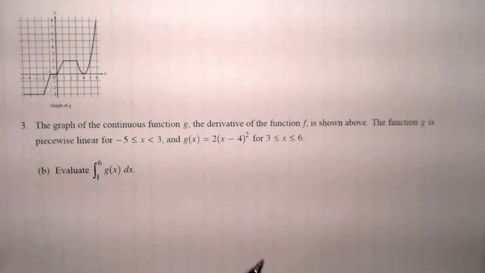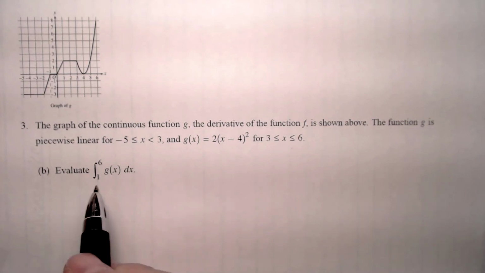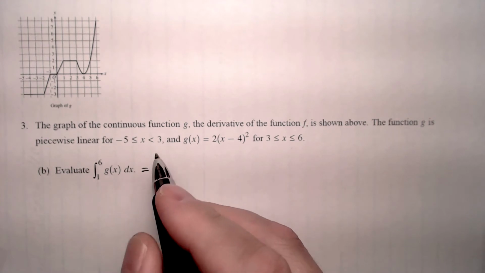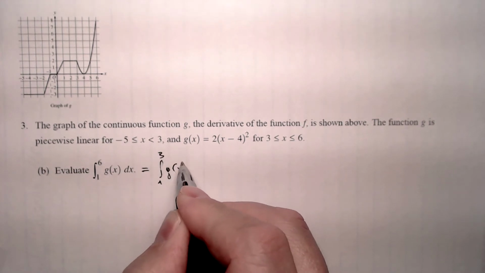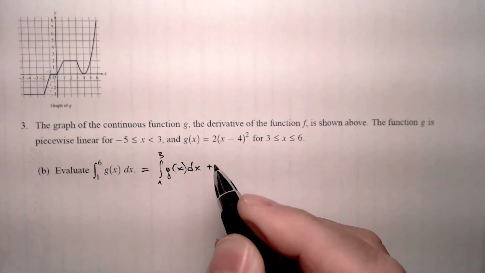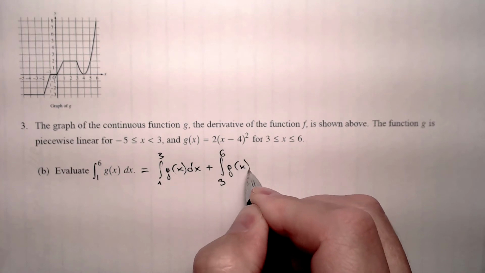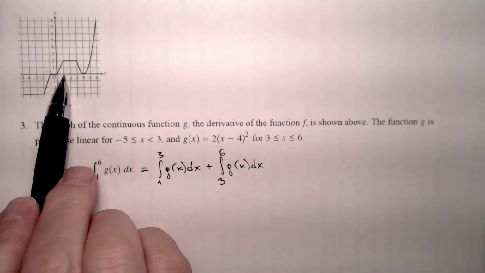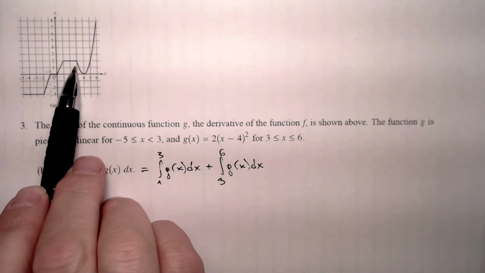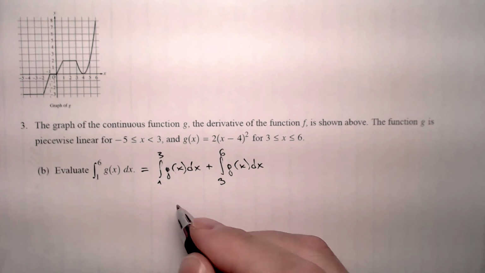In this part of the question we are being asked to evaluate this integral. And so let's break it into two parts. Integral from 1 to 3 of g of x dx plus integral from 3 to 6 of g of x dx. And we can see that the integral from 1 to 3 is actually equal to 4. This is this area here. It's a square, 2 by 2, which is 4,